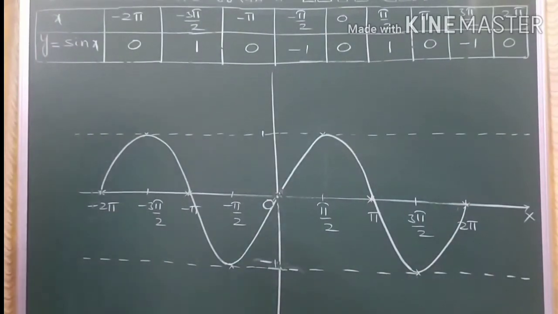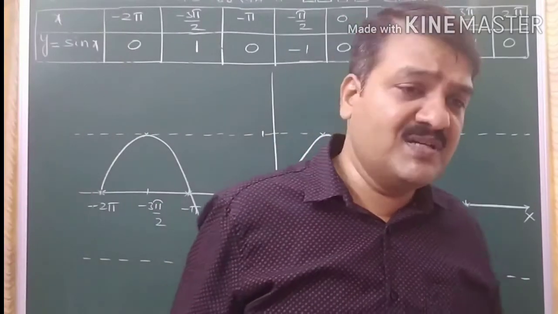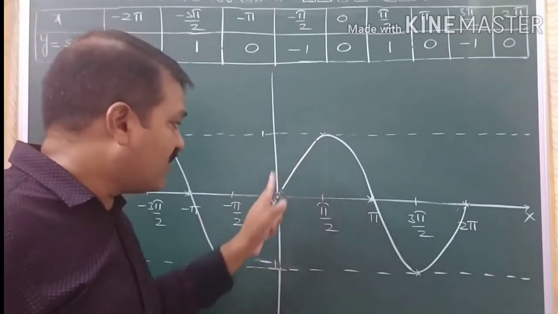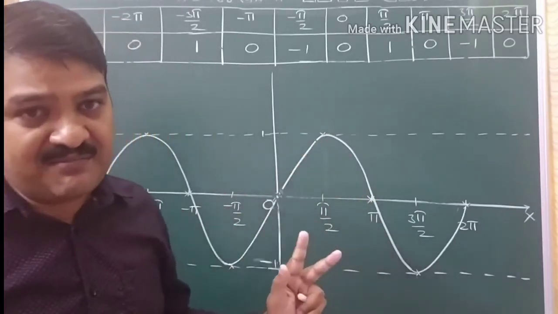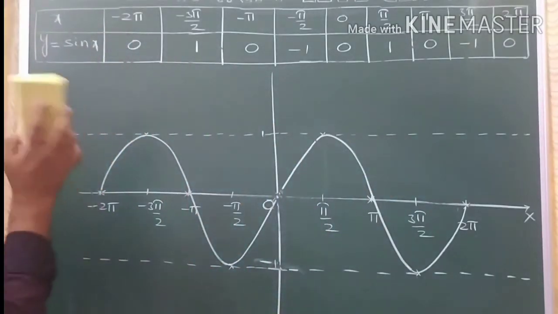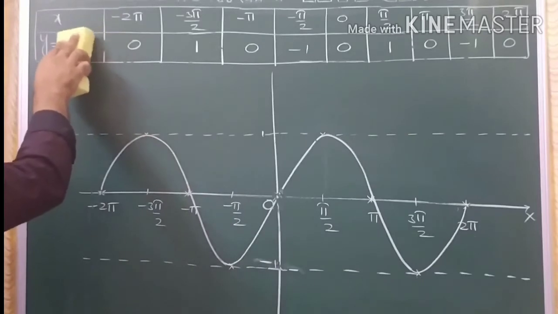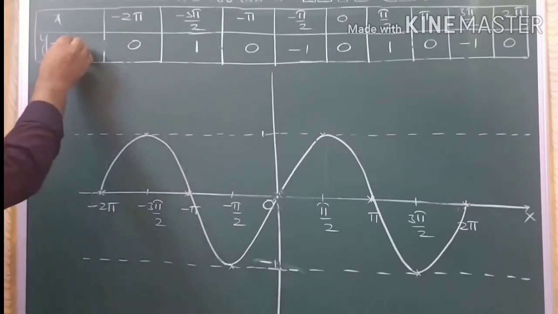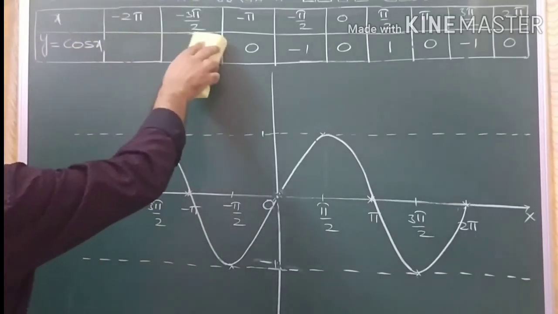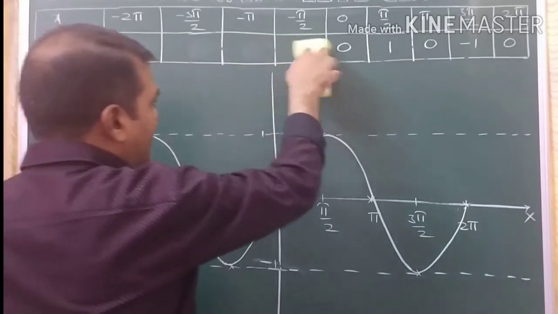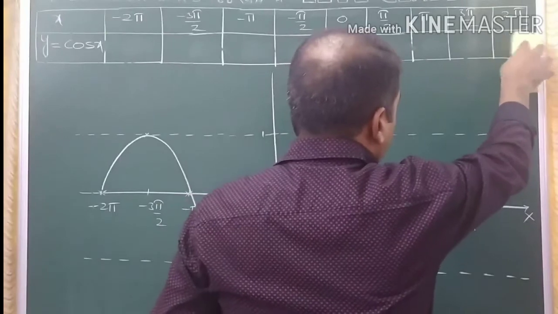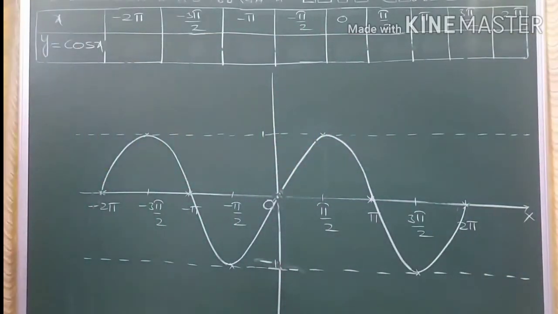Now let us consider the graph of the cos function. The cos function graph shape will be similar, but the points which we have already got here are not the same, though the shape of the graph will be similar. Okay, so let us consider the graph of the cos function now. So I am changing to y is equal to cos x. I will keep the x values as they are, and I will get the corresponding y values.